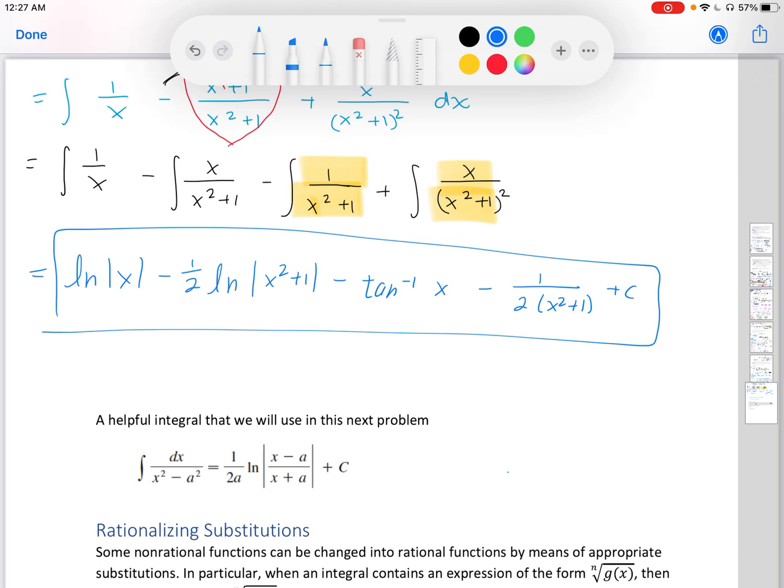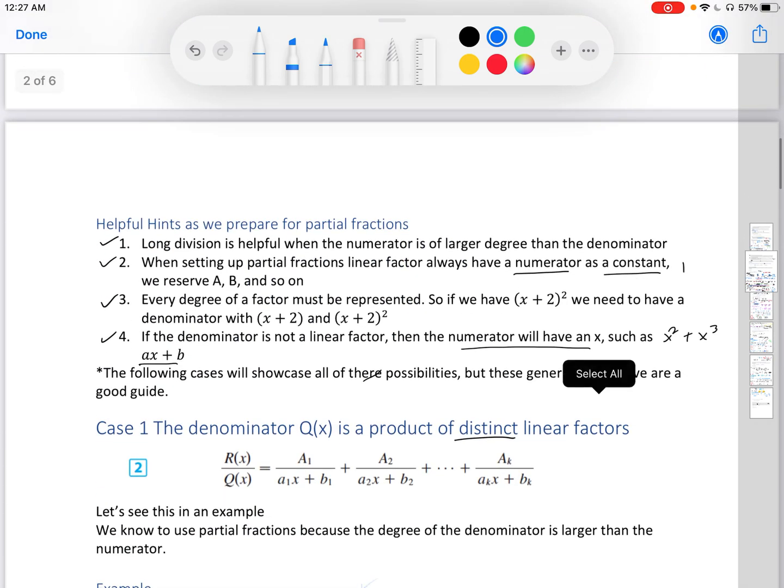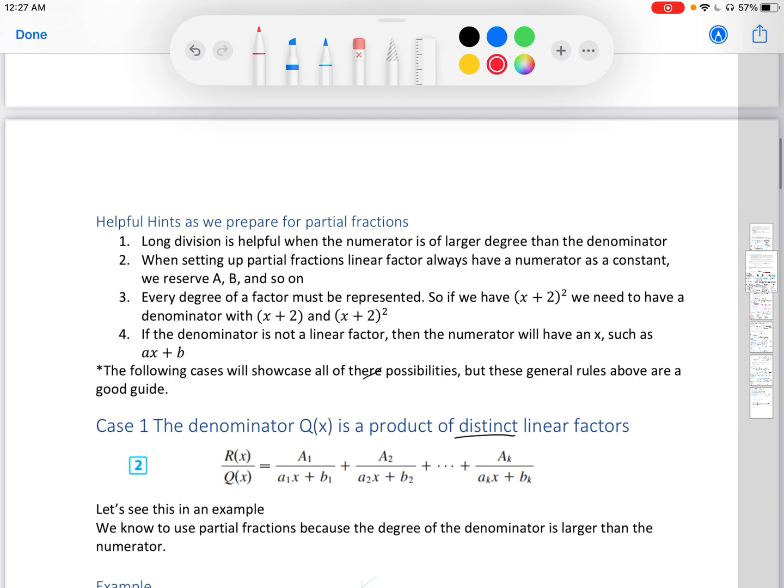Okay, that's all the cases for partial fractions. Now let's go over that list I made in the beginning for you guys. Hopefully now that we've done partial fractions, it makes a bit more sense. All right, so going over it again, always perform long division when the degree of the numerator is larger than the degree of the denominator. And again, that's after you analyzed your integration problem and you saw that you couldn't continue using any